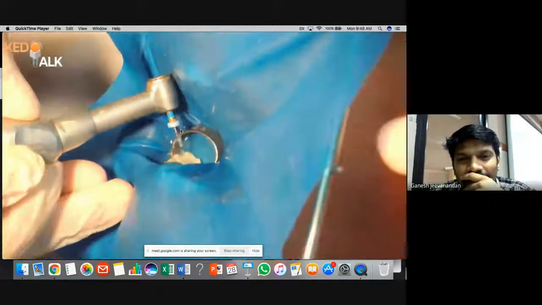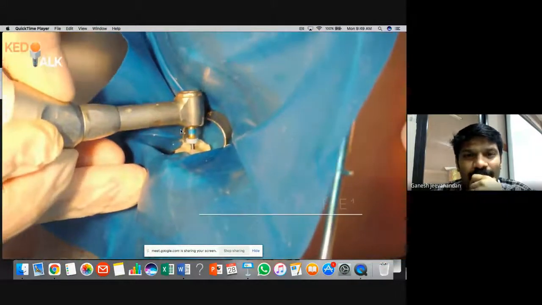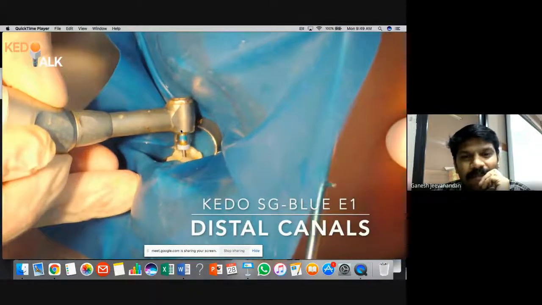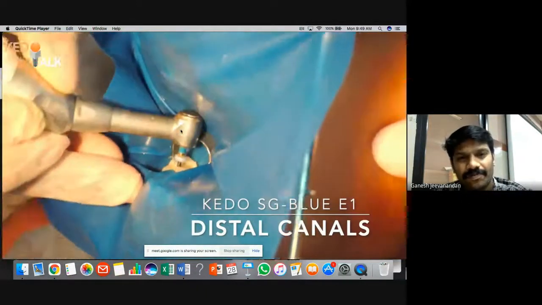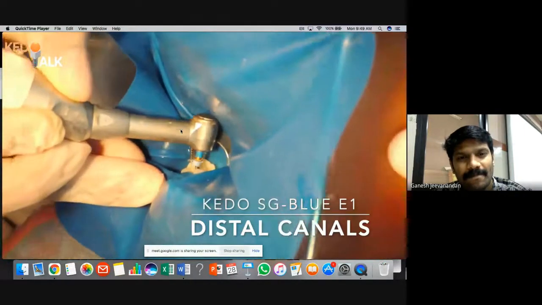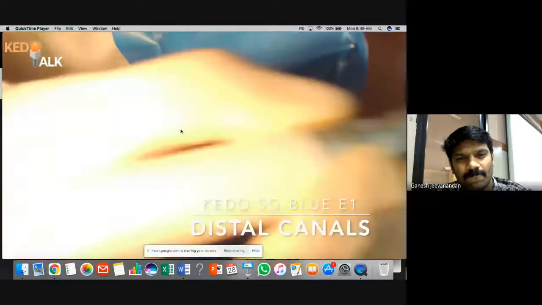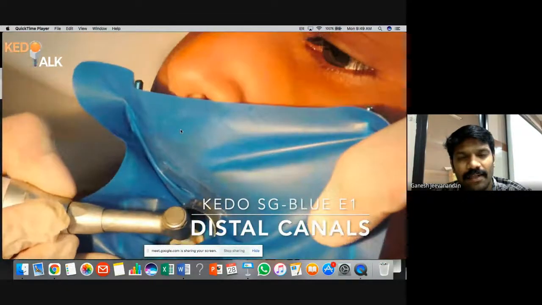I'm using a blue color file in the distal canal. See, I've coated with EDTA and again I'm preparing it with the E1 files. The distal canal is also prepared.